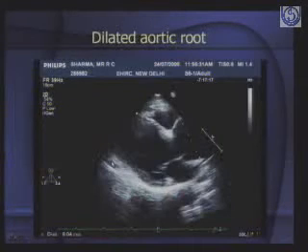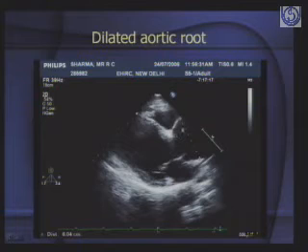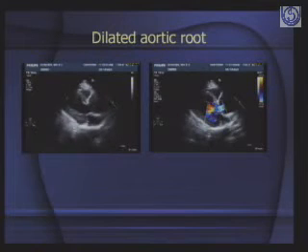So this is a case of a dilated aortic root in Marfan's disease, and again it's important, and this is one of the methods by echo. This is a good methodology of looking at aortic root dilatation. Here the dilatation is 6 centimeters. Now look at the